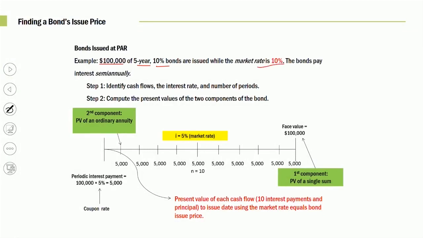Stop. If this is the exam, coupon divided by price, therein lies your yield. So my coupon is 10, my yield is 10. That means the bond is going to be issued at what? Par value. So you don't have to mess with any math. You don't have to find the present value of the principal. You don't have to find the present value of the coupons. Please don't waste your valuable exam time.